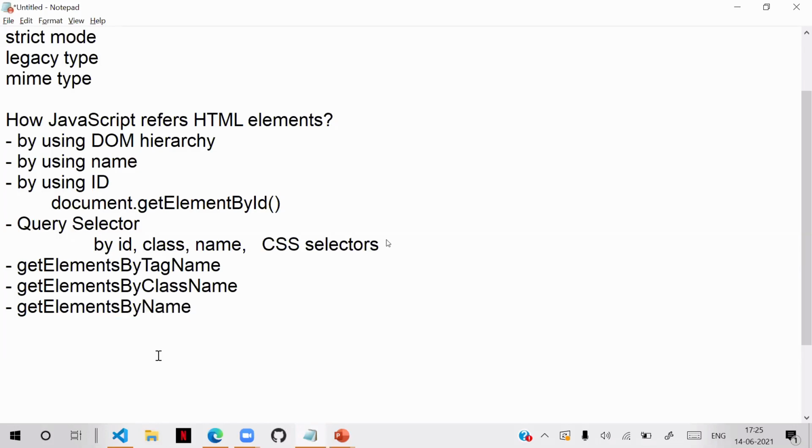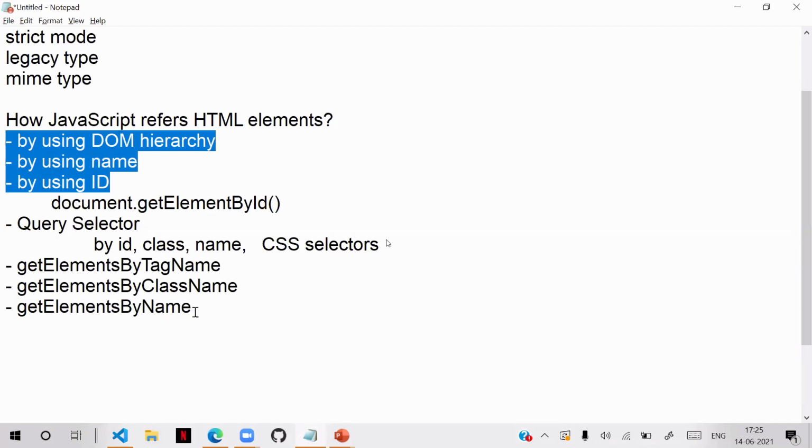So many reference techniques are present. JavaScript can use any of them depending on the situation. And JavaScript can use all of them in one example itself. That's your requirement. There is nothing like which is best. Right? So it depends on the situation and requirement completely. Which one we have to use, we need to know about that.